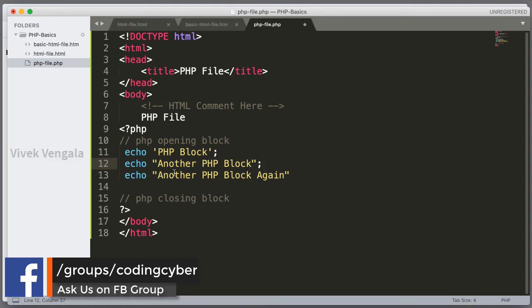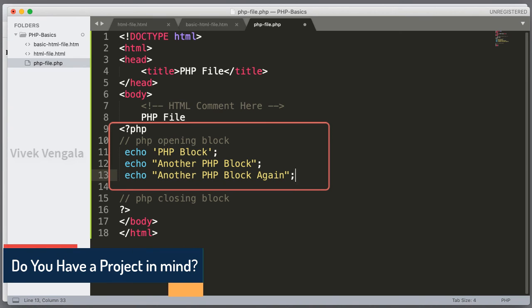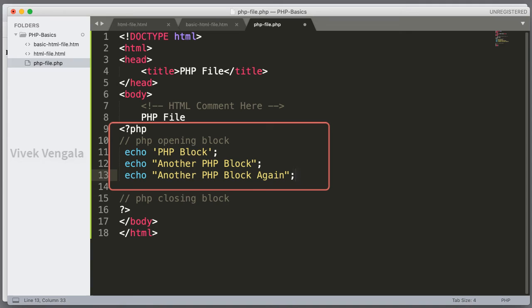It's a best practice to always add a semicolon. If you are not adding a semicolon, you will get into error with the next statements. So add a semicolon whenever you write a new statement or a new block of code. We'll see this while writing programs in the next tutorials in this video series. I'm going to close these statements with a semicolon always.